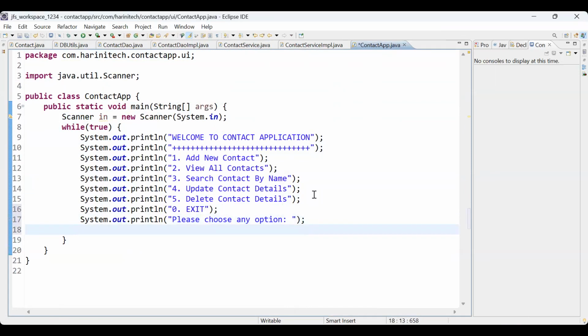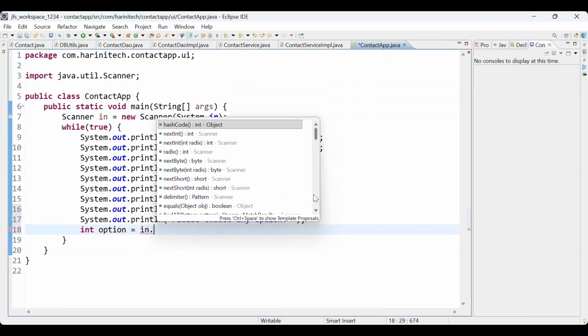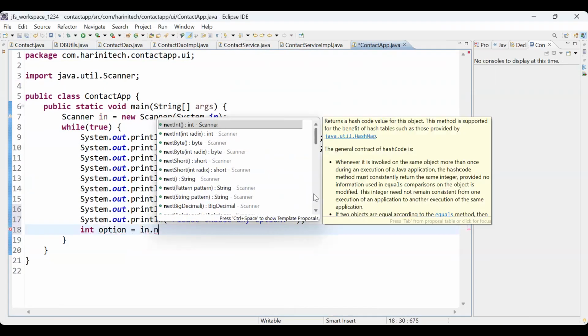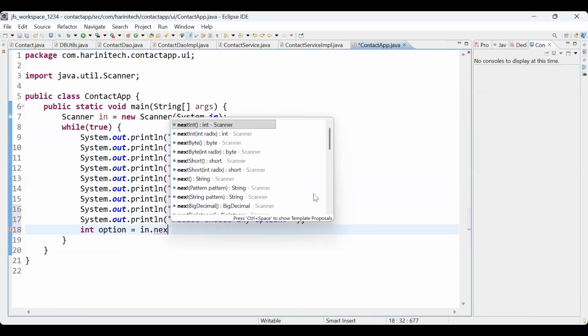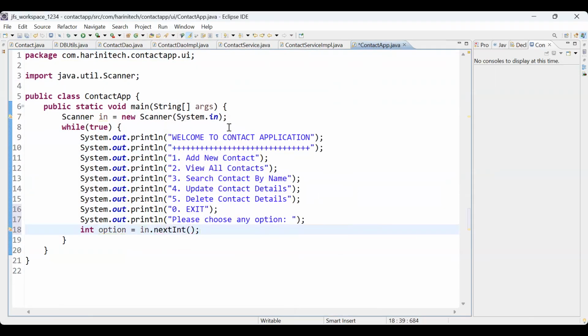Now for that requirement, I'll take one variable option and dot next integer. So next integer, you'll take it. Let me do one thing. This is next integer variable. We are reading that. Then after that, I'm going to have